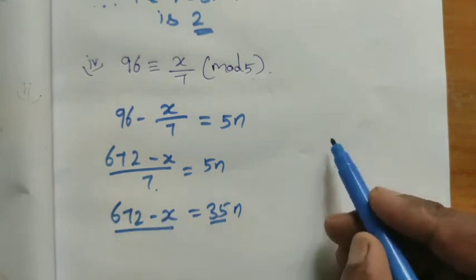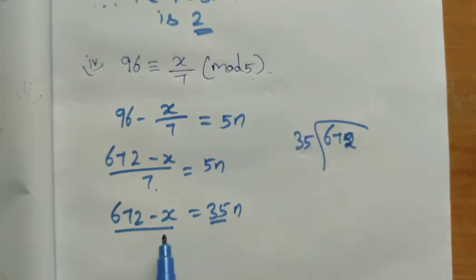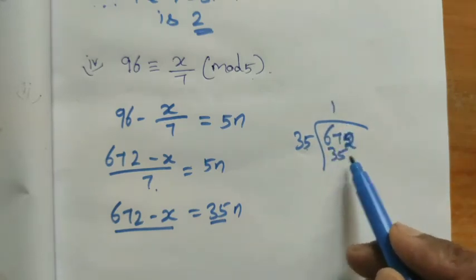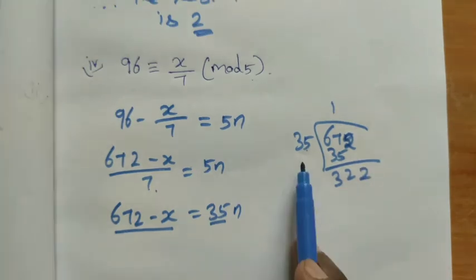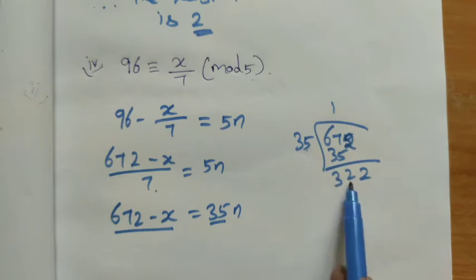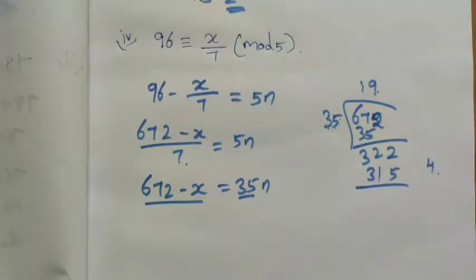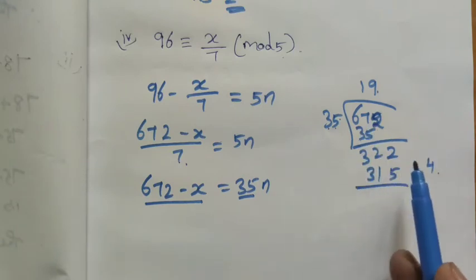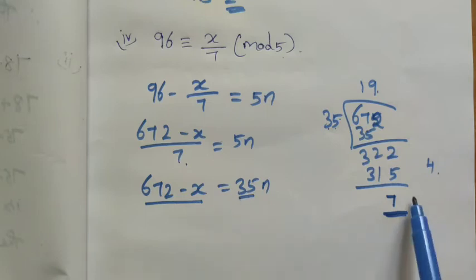We want to check what is the number. So 672 is divisible by 35. We can check what is the remainder. That remainder should be subtracted here, right? 35 ones are 35, and then 3 2 2. If it is 10 times it means 350, so here we have 322 only. So we put 9 times. 9 5s are 45, 5 remainder 4. 9 3s are 27 plus 4, 31. So the remainder is 7. So when we divide this number by 35, we get the remainder 7.